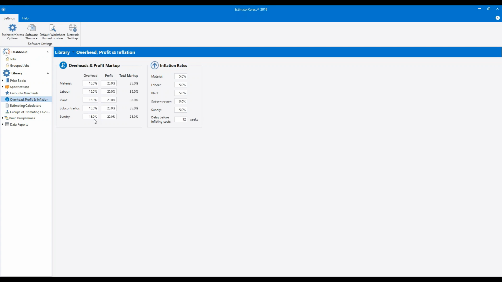It may be that you need to have a conversation with your accountant about what those figures should be. It used to be that we worked in terms of gross profit, so we didn't have a separate section for overheads and profits. We just had profit, what we call profit, and that was set to 30% by default. But it's obviously better for your business if you can have a clearer view on what your overhead percentage is and what your net profit is.